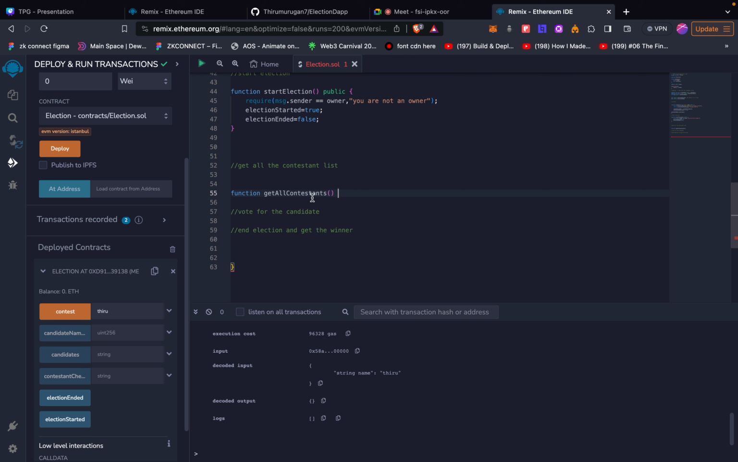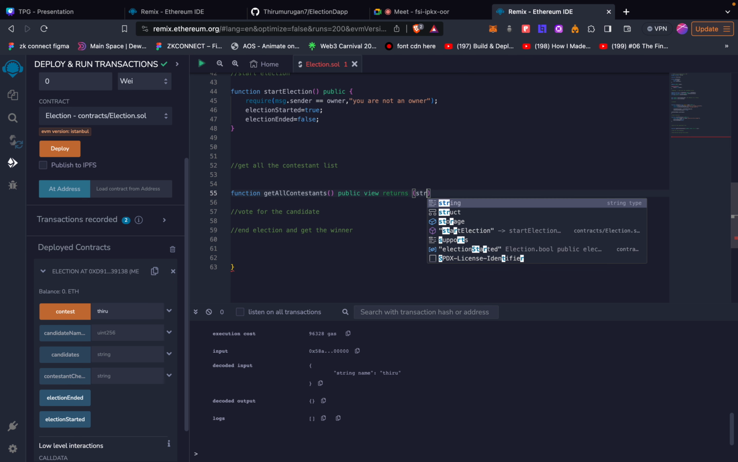Now this is a reading function. We are just going to get the list of the contestants, we are not going to change any state in the blockchain. So in that case, we specify first the access specifier, and then view, and then it's a view function. The reading function is called a view function, which just gets the data, and it's gasless, and it should return something, which is an array of string,